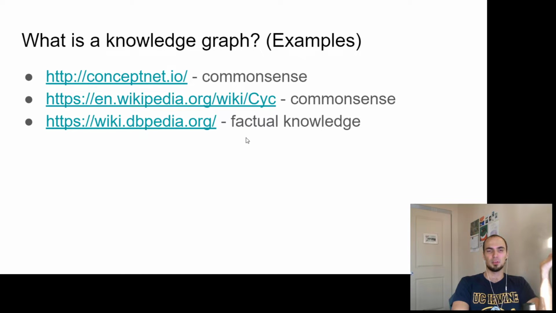Something like Alfred Hitchcock was the main producer for the movie Psycho. Things like that. And so one of the famous ones is this DBpedia database. So it's a collection of facts based on Wikipedia. So as you can imagine, it's a huge database with a lot of relations, like conducted, produced, acted in, married, was president. So all of those are different relations, and there are also probably millions of entities for different people, different places,